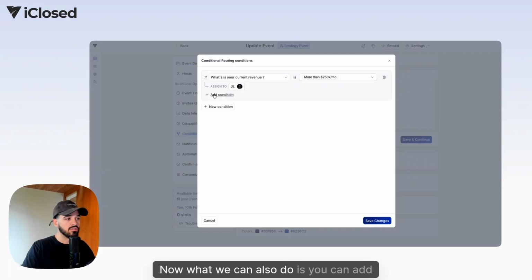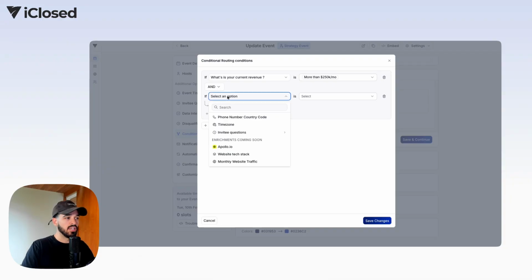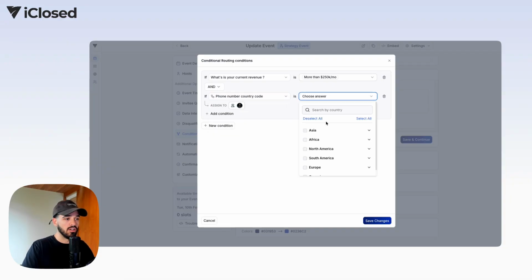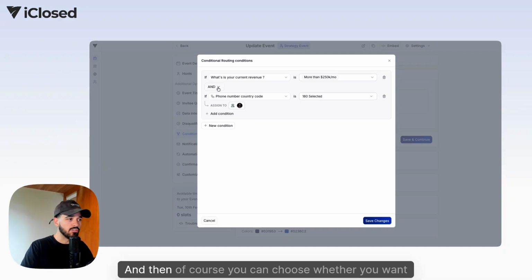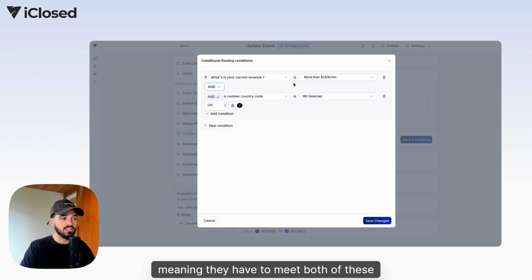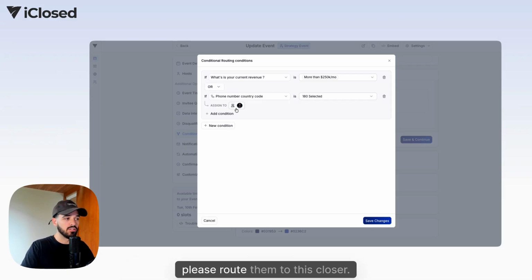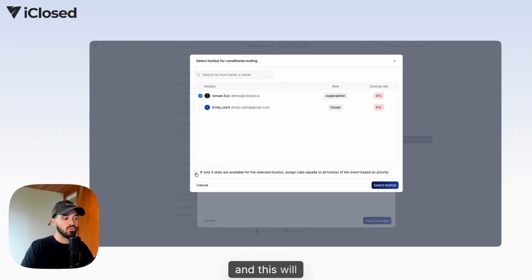Now, what we can also do is add additional conditions, just like you can with the disqualification. And let's say we want to route all of the, sorry, we'll select all and then unselect North America. We want to route all of the US based clients to Ismail. Okay, we can do that. And then of course you can choose whether you want to use and, meaning they have to meet both of these conditions, or you can use or, meaning if either one of these are true, please route them to this closer. Now, another thing you can do is check this box, and this will route them to Ismail